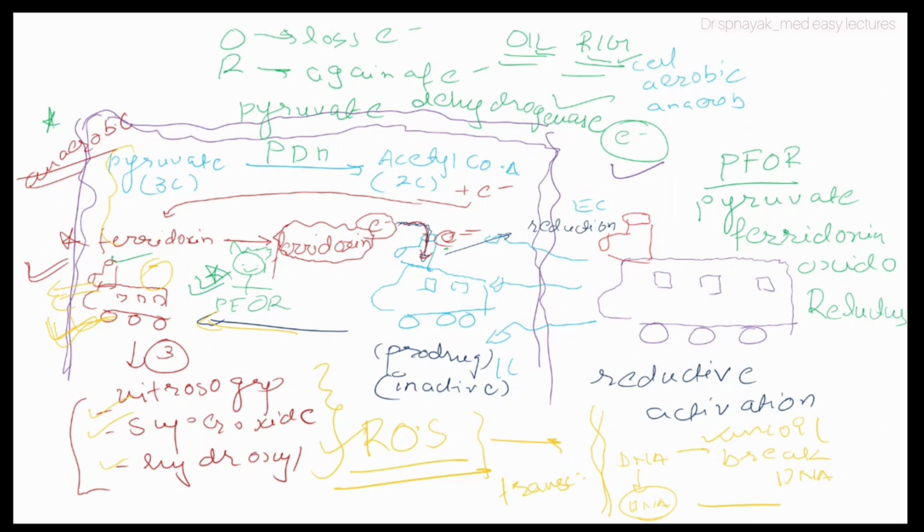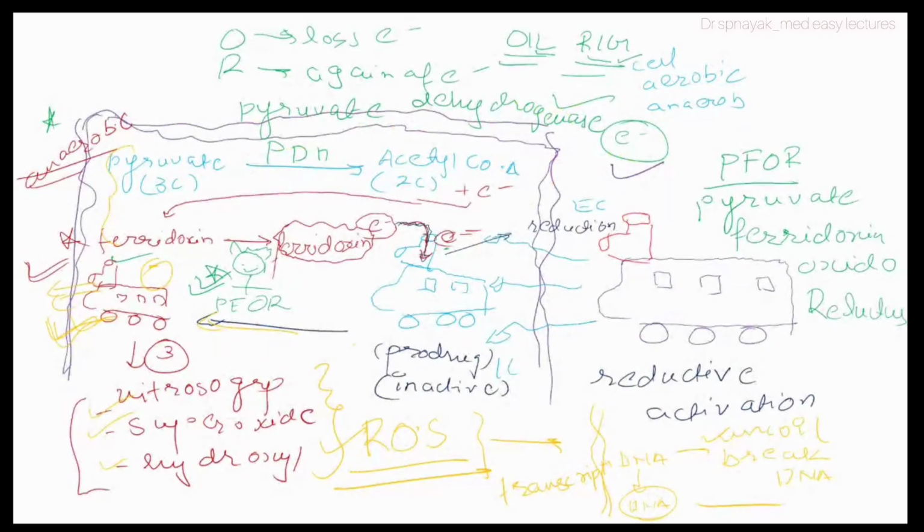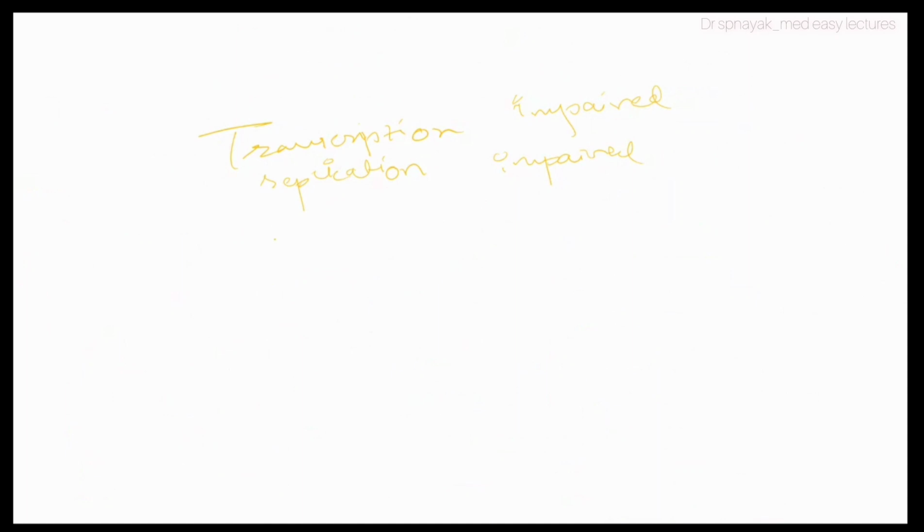Transcription is reduced or impaired. Replication is impaired, and this reactive oxygen species also affects the cellular proteins. The cellular proteins. So these three will eventually lead to cell death of the anaerobic